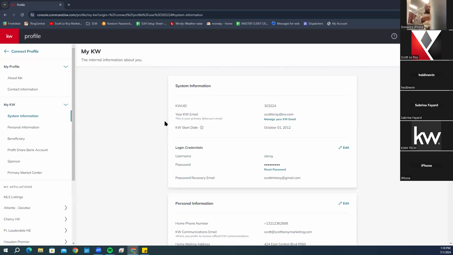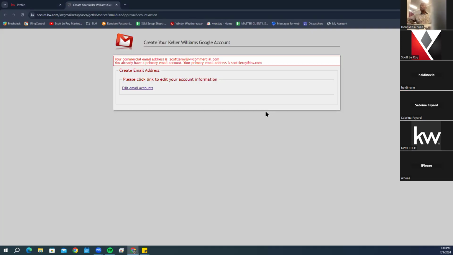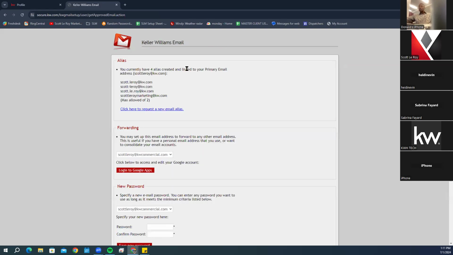Below that, you have your KW email address. Right below where it shows your KW email address, there's a manage your KW email option. When you click on this, it's going to take you to another screen, which is inside the My KW account. You'll have an edit email accounts option here. You'll see that you have an alias email option, where you can create alias emails. If you don't know what an alias email is, or you are wanting to explore that option, I would recommend reaching out to us,